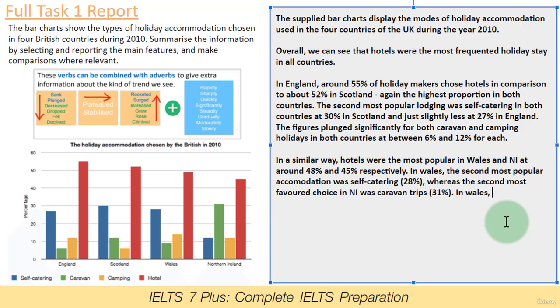In Wales, the two least popular types of lodging, I'll use lodging again, were caravans and camping between, let's say, 8% to around 13%. In Northern Ireland,